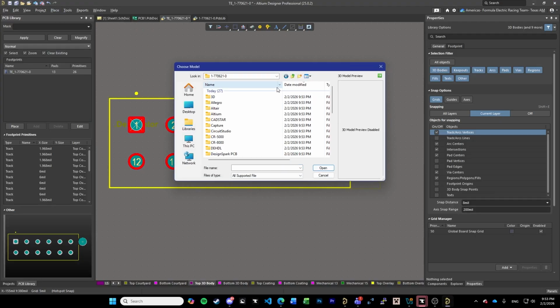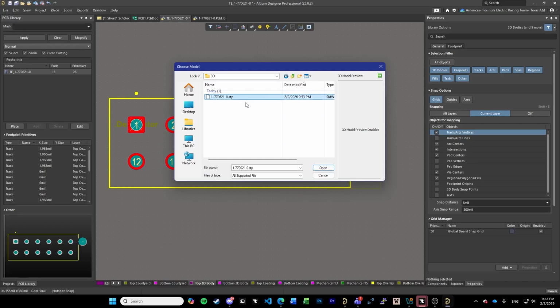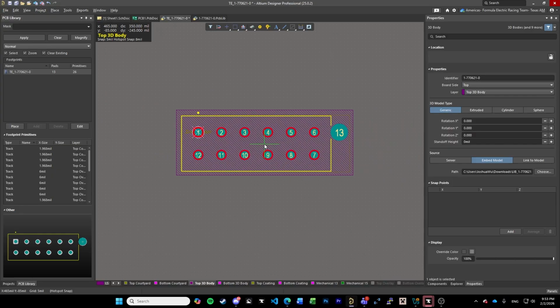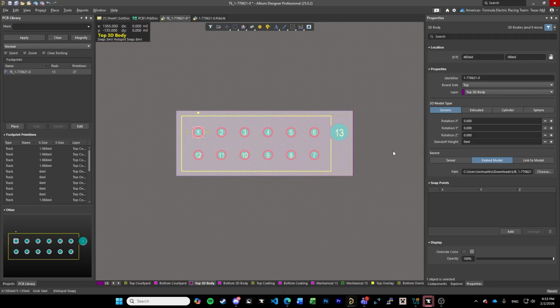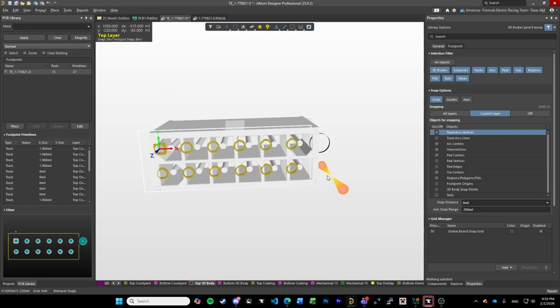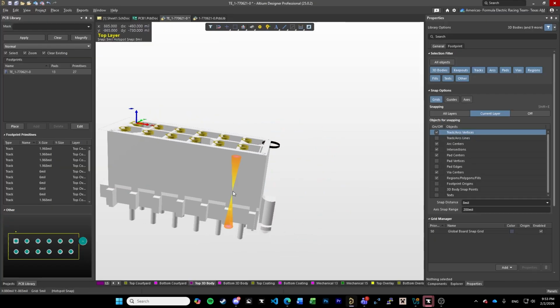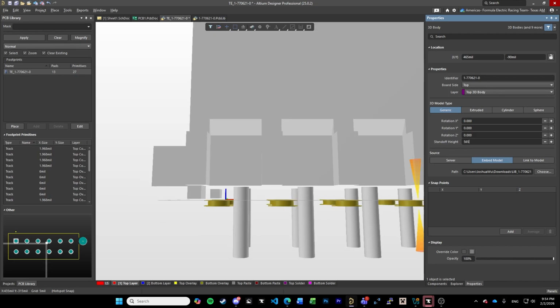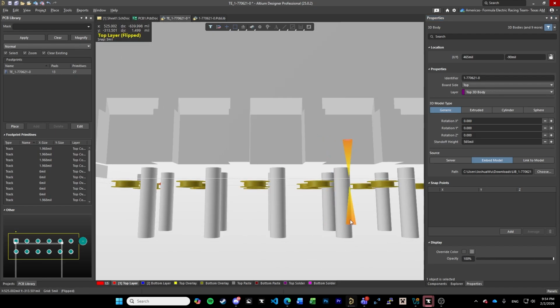Alright. So here, 3D. Just place a step. And just ballpark it for now, we'll go into 3D mode and actually place it. As you can see here, it is definitely messed up. So on Z, we have to change our standoff height. Just go with 565, that's fine. And then